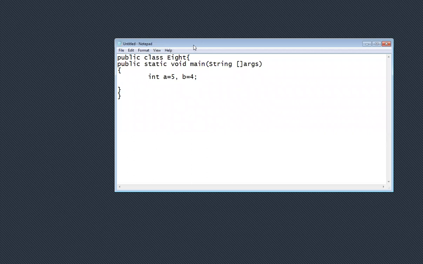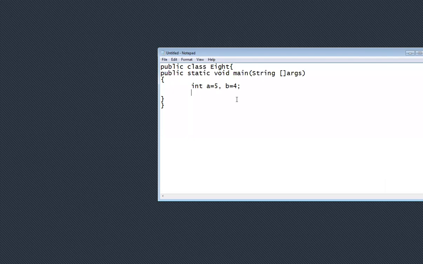Now, what is our ternary operator? It acts like an if-else. What are we doing in it? First, we give the condition and we check the possibility. If that condition is true, it goes inside the if. If the condition is false, it goes to else. The same type of working is there.